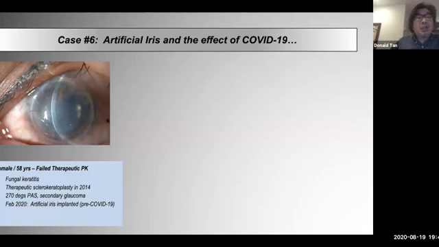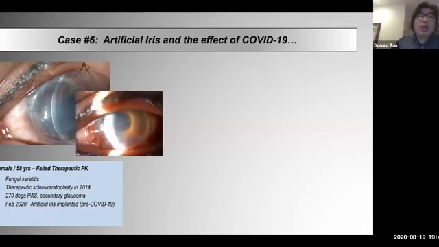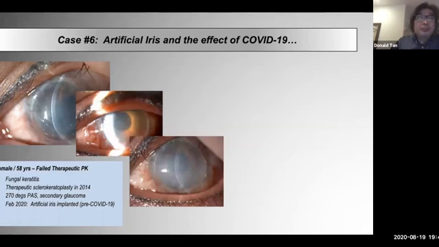I implanted the artificial iris in February this year, pre-COVID lockdown. This is what it looked like. This slide shows you why we need to stage the procedure. There's fibrin and a bit of blood. We need to get that all cleared up, which was all ready for DMEK. I ordered the cornea. It came in, got flight delay because of the COVID lockdown across the globe. It got stuck in Korea, basically, and that was it.